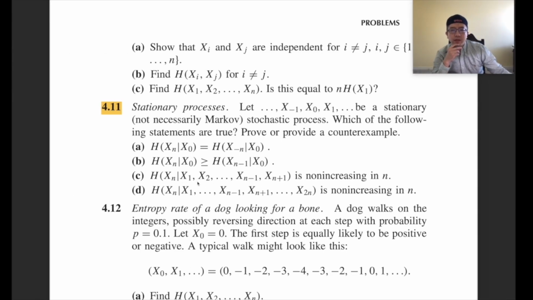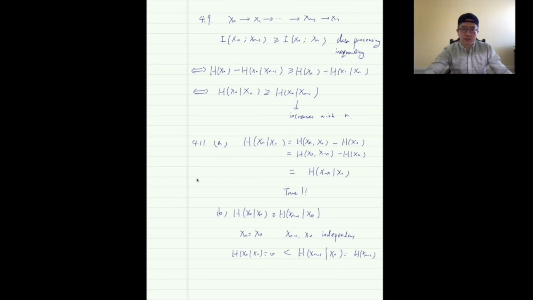Okay, next one is this is increasing in n, right? So basically, the way to deal with this kind of question is that we just need to increase n and see whether the value is increased or not, right? Okay, so let's try to see whether it's true or not. So we have this conditional entropy,